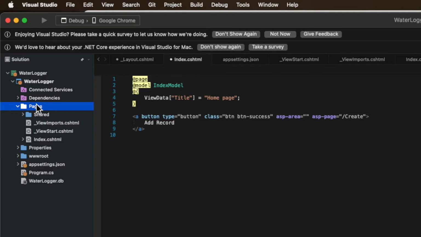Here you can see 2 tag helpers, ASP area and ASP page. The ASP area is not going to be used in this project, but it's very important when we create bigger projects with multiple areas. It's going to assist us with routing. So let's say you have a large application with an administration area and a public-facing area. You would declare that with the use of ASP area so that you could be redirected to the correct pages